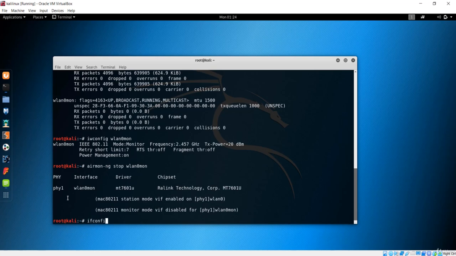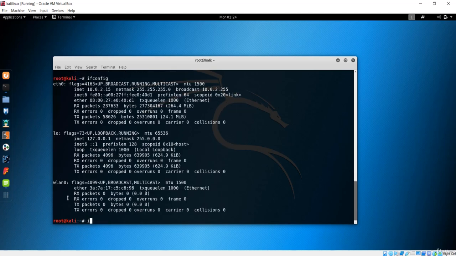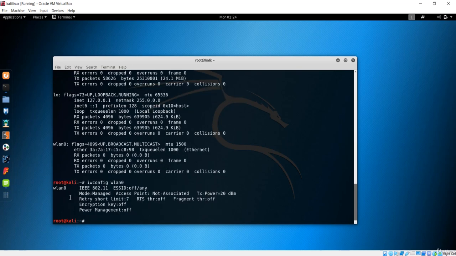You can simply say iwconfig or iwconfig wlan0, and you could see now we are back to our manage mode. Now you can get access to your internet connection, but we are again in the manage mode. Manage mode is the default mode and it is not going to sniff any packet across the Wi-Fi range. It is only going to trace the packets that are sent to this machine.